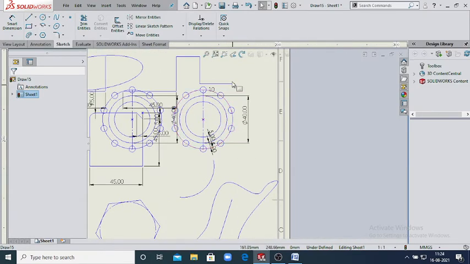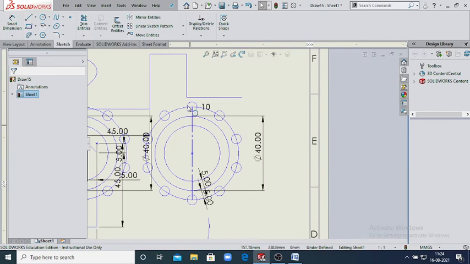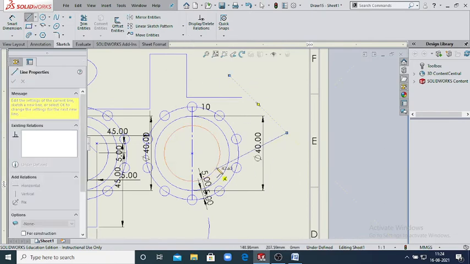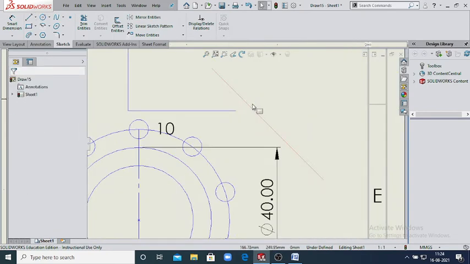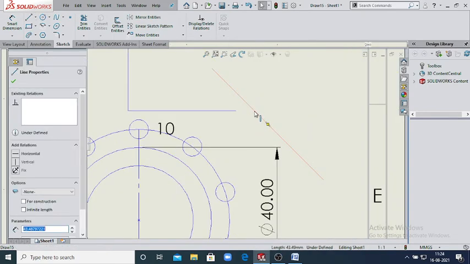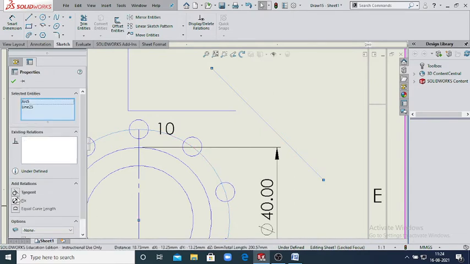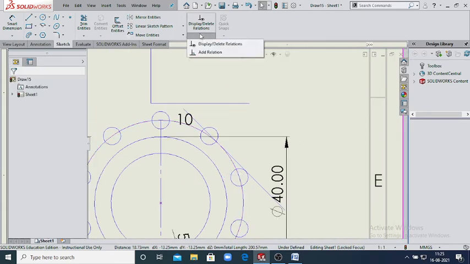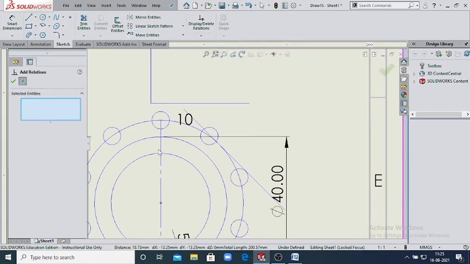of this SolidWorks software. Another most common command is, suppose you want to make a line tangent, select this object, press Ctrl and select this circle and select the tangent. Your line will be tangent like this. So this one is your add relation. There are some add relations that will be activated here.